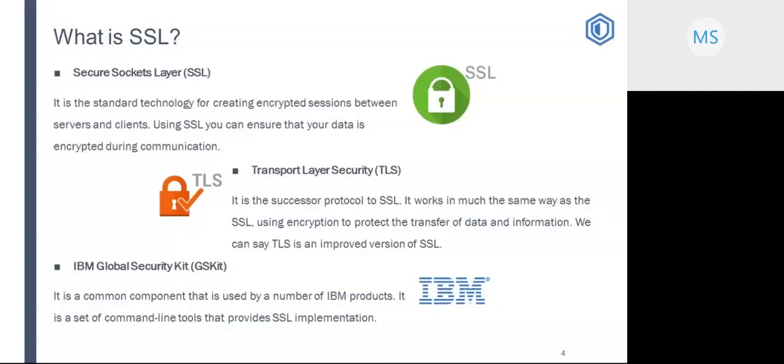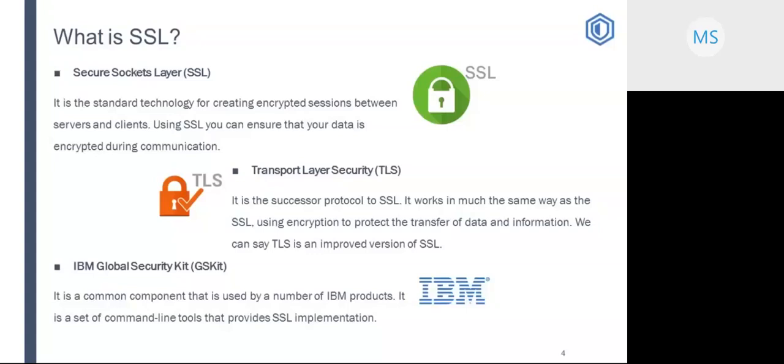Now coming to TLS, Transport Layer Security is a successor protocol to SSL. In simple words, we can say it is an improved or advanced version of SSL. Beginning with IBM Spectrum Protect 7.1.8 and 8.1.2 versions, the TLS 1.2 protocol is in use and made the default, which is a more secure protocol with additional features. By default, TLS is used only to encrypt authentication and metadata, while the TCP/IP protocol is used for data transmission.